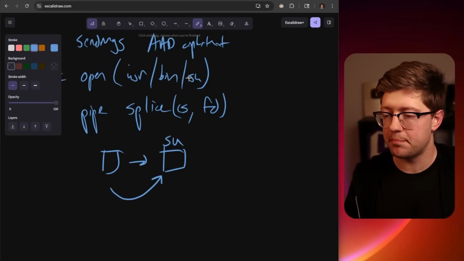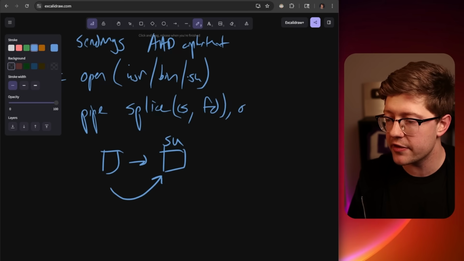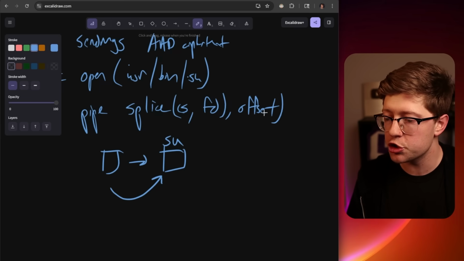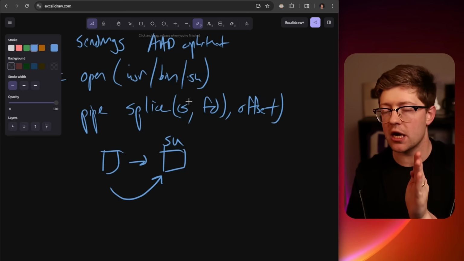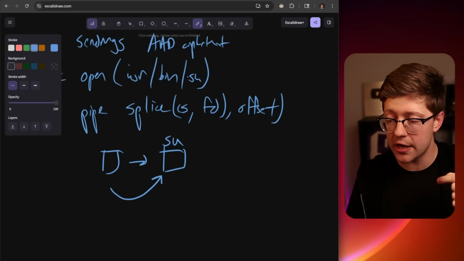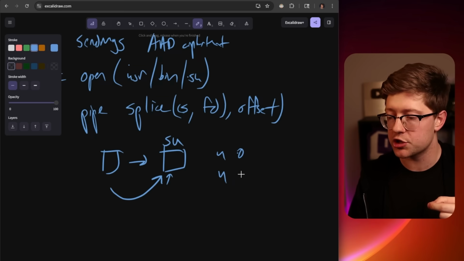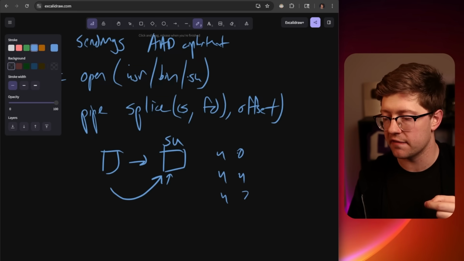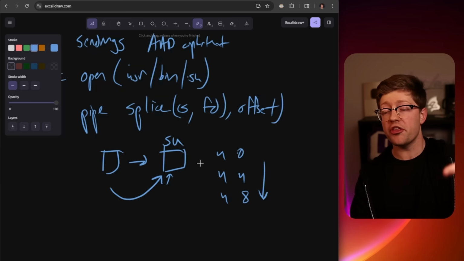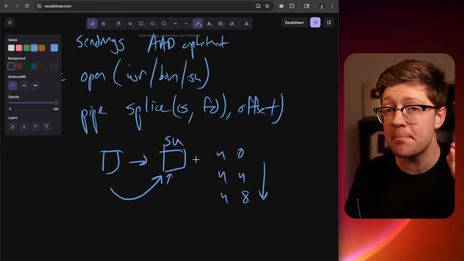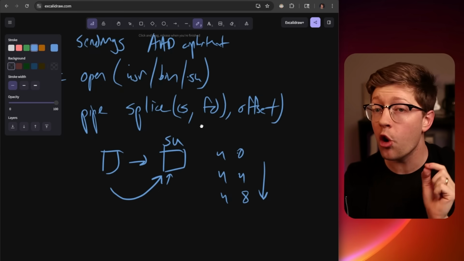Oh, and mind you, the splice function isn't just source and destination file descriptors. You also get to give it an offset. So we get to choose exactly how far into the /usr/bin/su binary in memory we want to write these 4 bytes. So we can write a 4 byte chunk at offset 0, a 4 byte chunk at offset 4, a 4 byte chunk at offset 8, etc., and use that to overwrite what the kernel thinks su looks like in memory, 4 bytes by 4 bytes by 4 bytes,